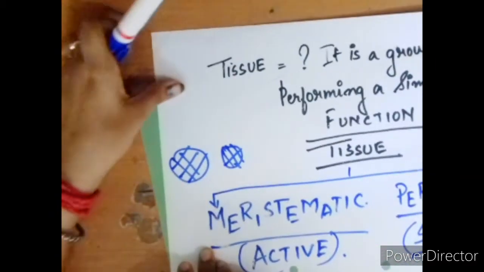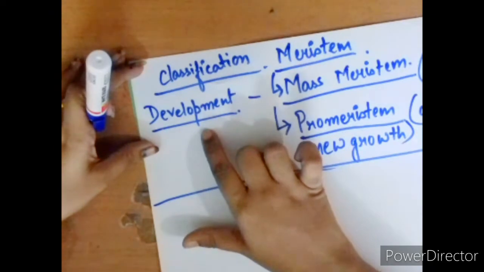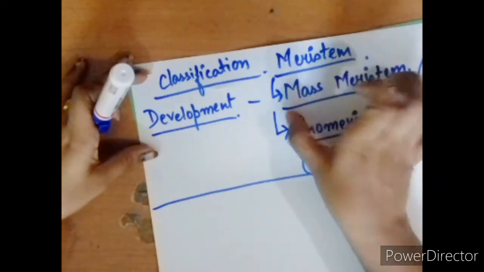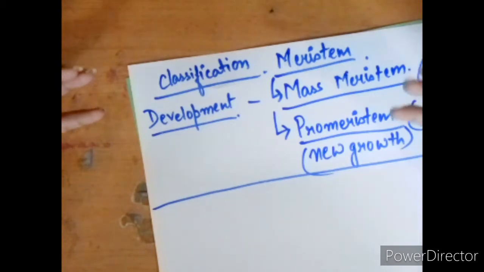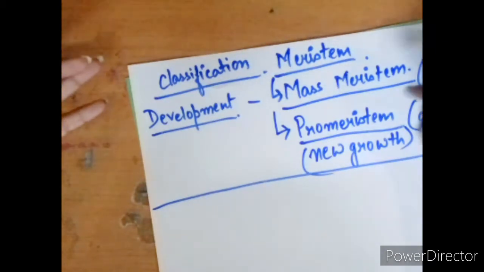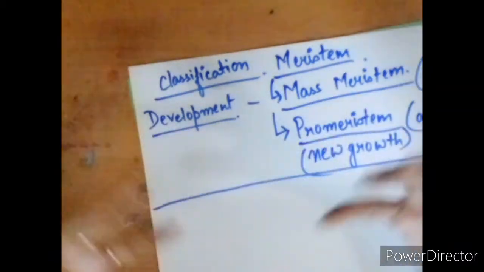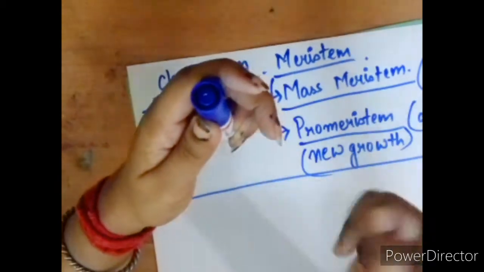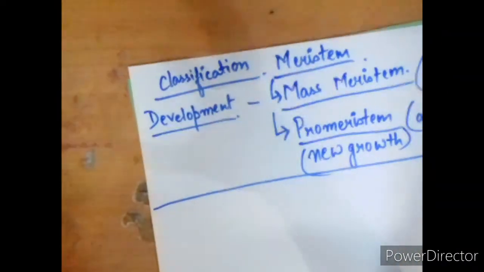Now in the next one, we have discussed the classification according to the development stages. We have two types of meristem. One is mass meristem and the other is promeristem, right? Now mass meristem is located in the embryo where there is active cell division. As you can understand, the embryo has to grow into a well developed plant. So in that area it is known as mass meristem, and promeristem is located in the new area of growth, where the apical meristem is at the tip of the shoot and the tip of the root, that means both sides of the plant. There are promeristems which help them to grow in bunch or in a lateral direction as well.